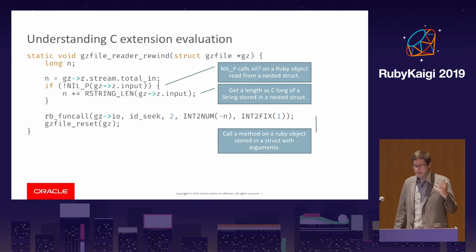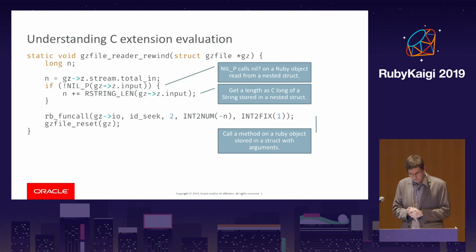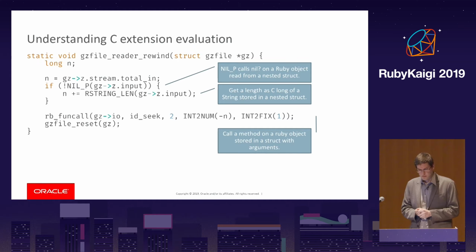So when we are looking at C code in TruffleRuby, what does it mean? This is an example method taken from the zlib standard library. In the condition we have the NIL_P predicate, which in our implementation calls back to Ruby and calls the regular nil? method. This actually means that we need to take a Ruby object stored in the input member of